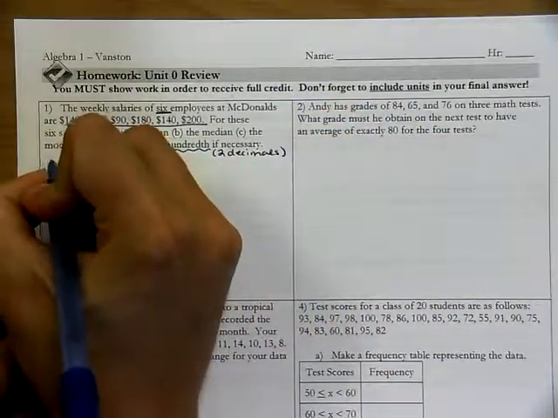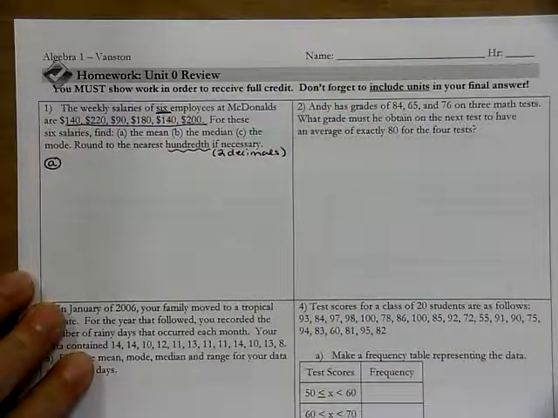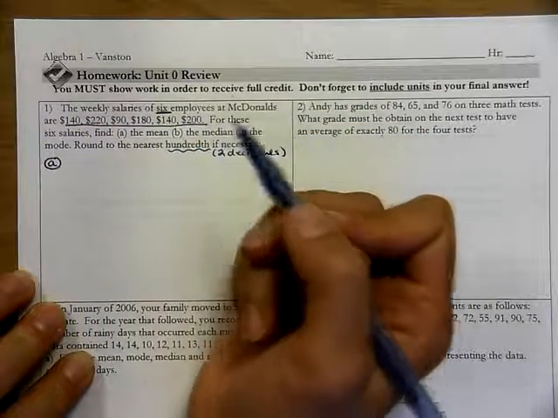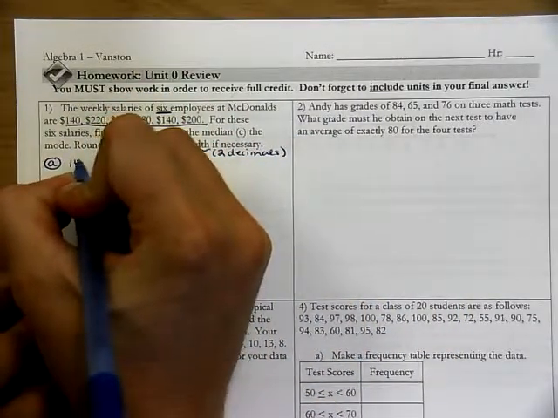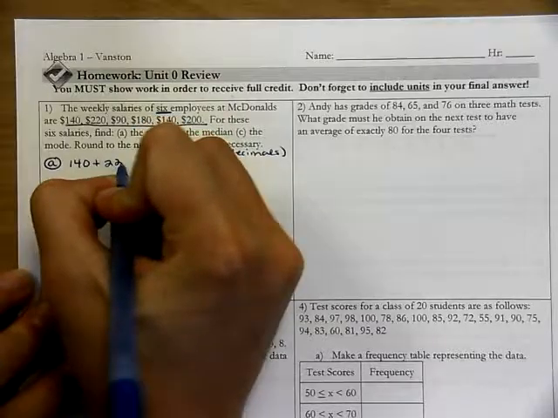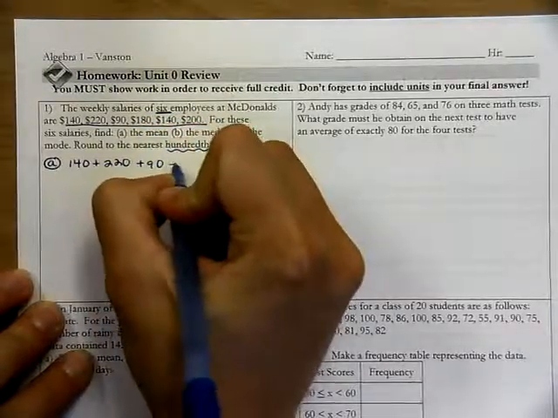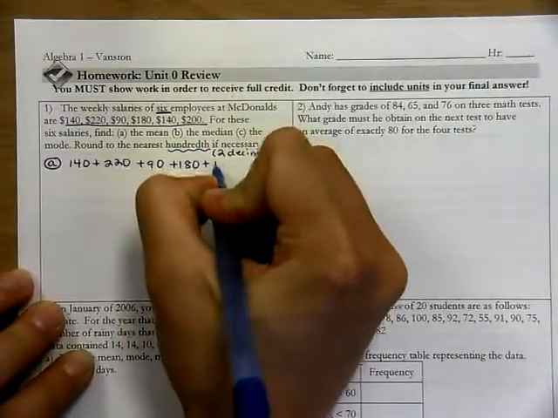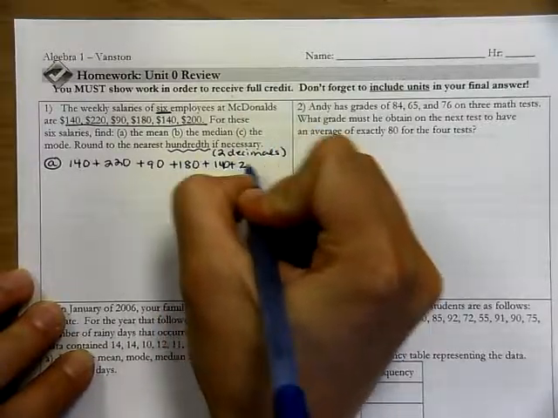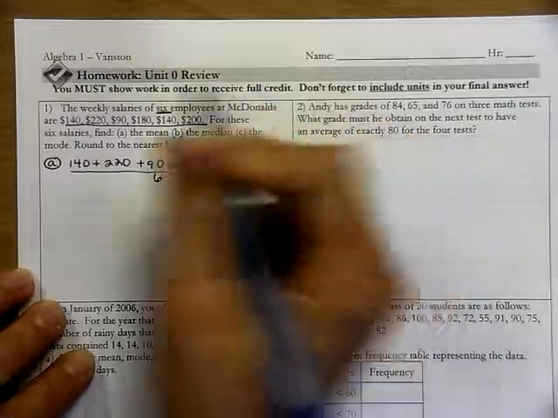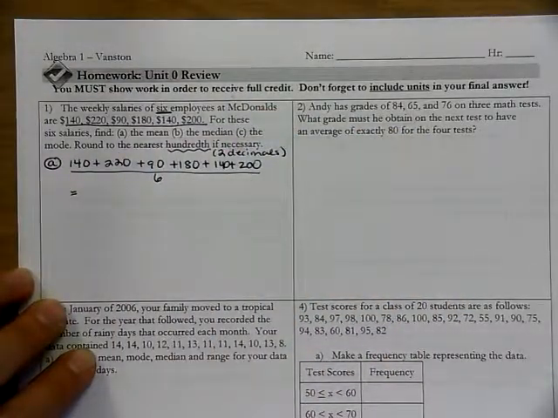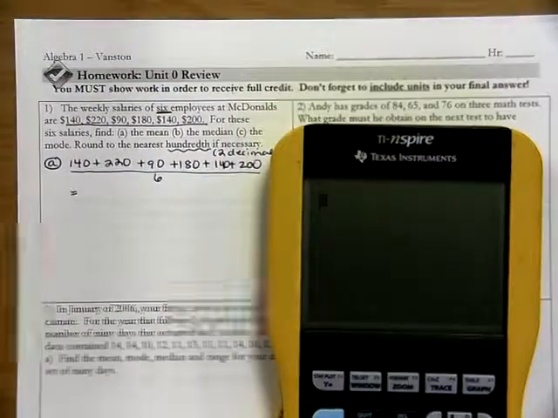Alright, so for A, to find the mean, I know that I add up all the numbers and divide by the total number of numbers that I have, in this case 6. So I'm going to do 140 plus 220 plus 90 plus 180 plus 140 plus 200. I'm going to divide all of that by 6. So when I do that in my calculator,